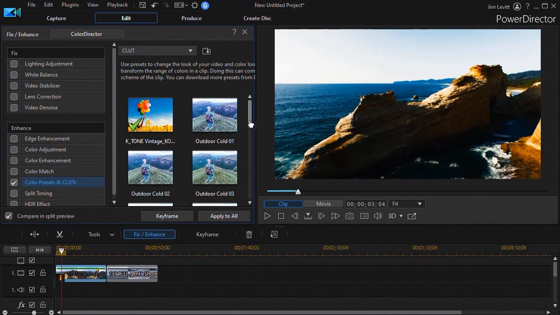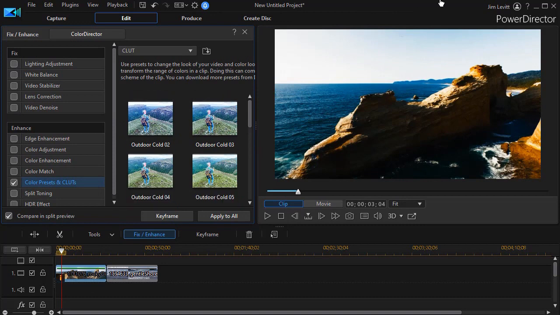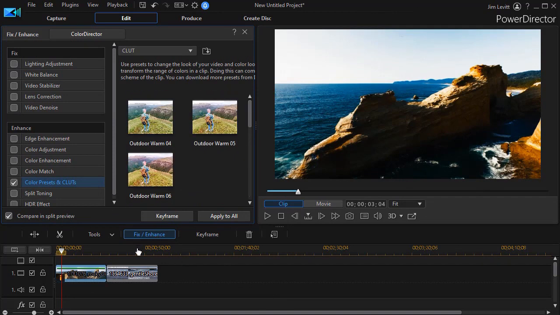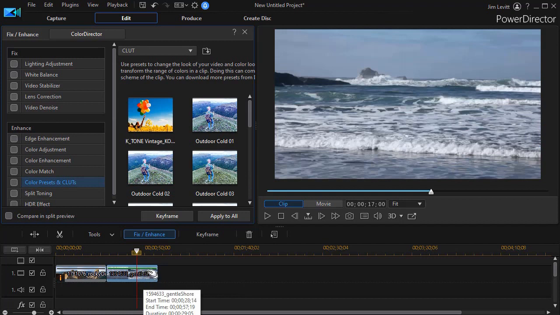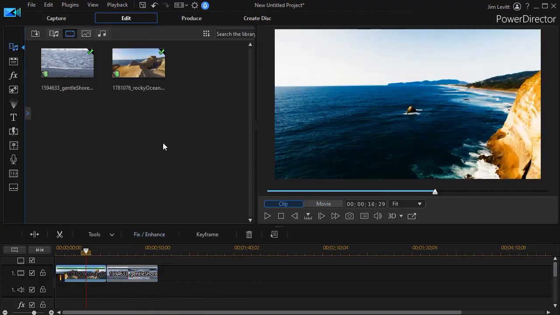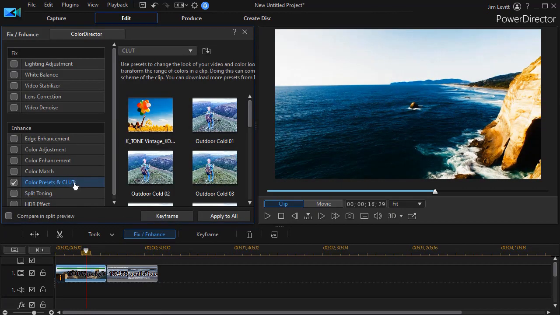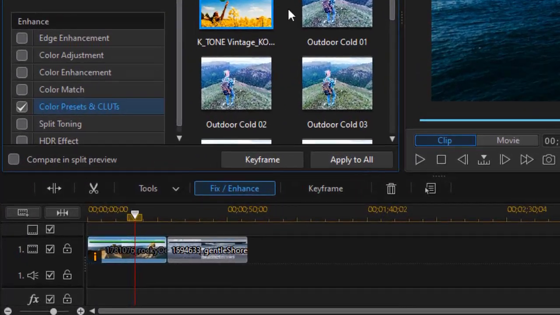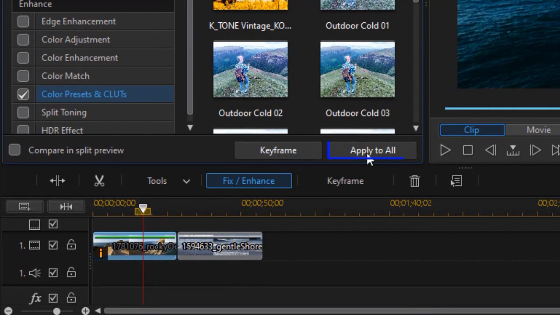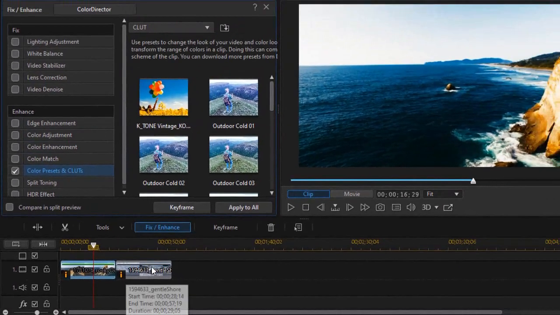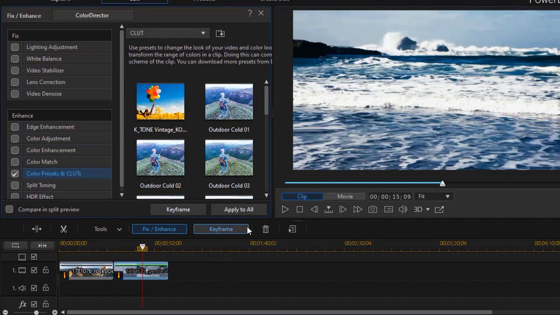The other thing to notice is that when you have more than one video clip on a track, we'll click over here. Now the LUT does not apply to this one currently, but if I want everything in my project to be controlled by that LUT, I simply click on it, go back to my Fix Enhance. I'm in my color preset now. We're using this one I downloaded. I simply click on Apply to All, and you notice what it did. It added my little icon where it takes that same LUT and it will apply it for every single video